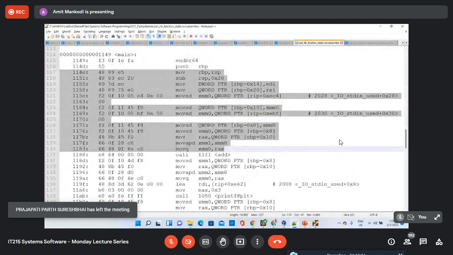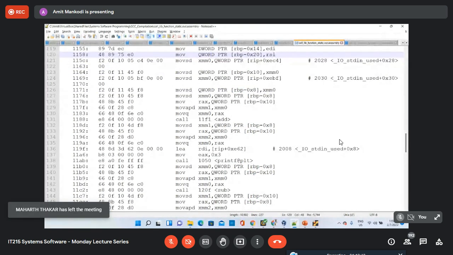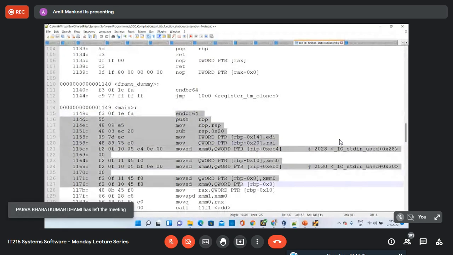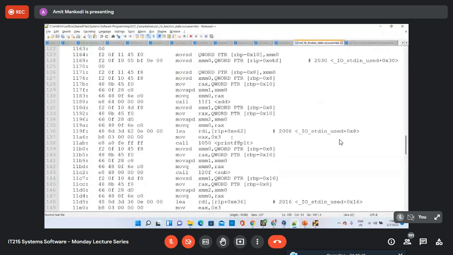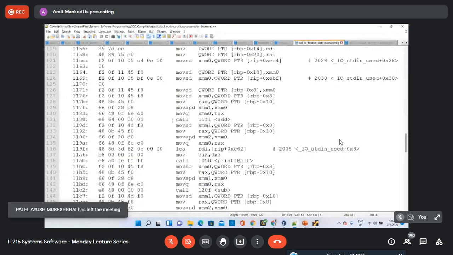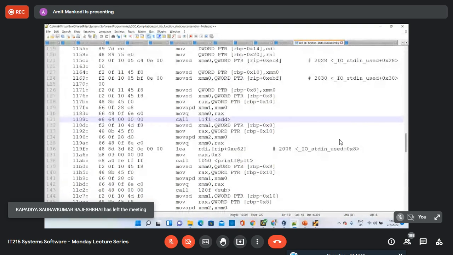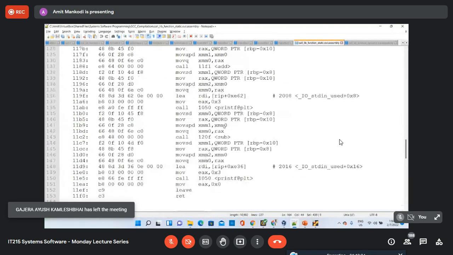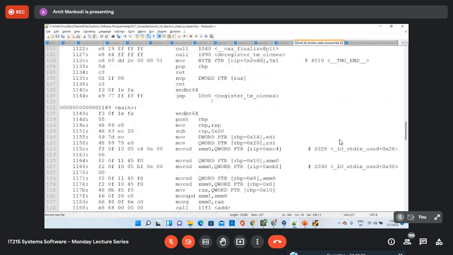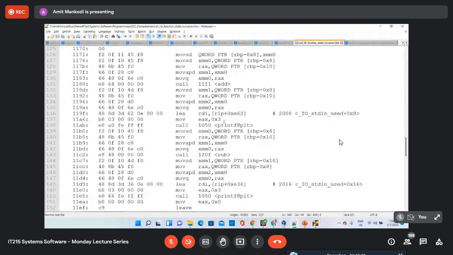So for example, this RBP is the register which is generally used for parameter passing to the function, right? Let's say these values were used over here, and the same registers are being reused over here. So it is the job of the process control to ensure that the information used in this function is saved before you call this function, right? And then once this function is executed, you come back over here and restore the state of that function, right? Now that obviously takes more time.